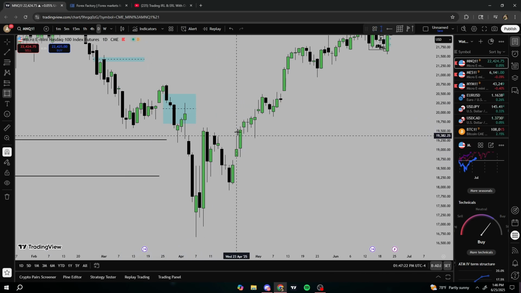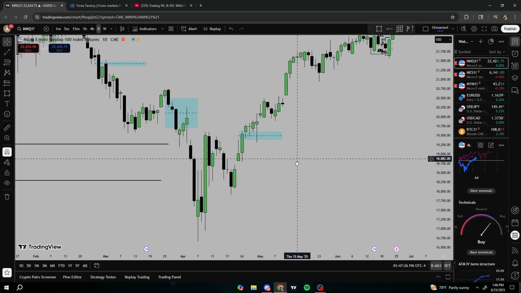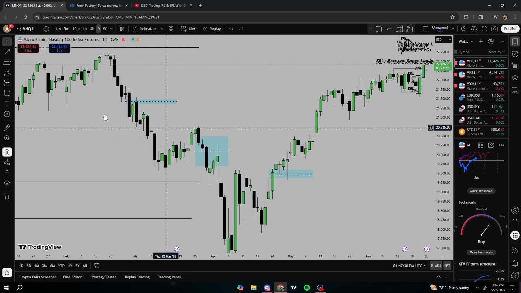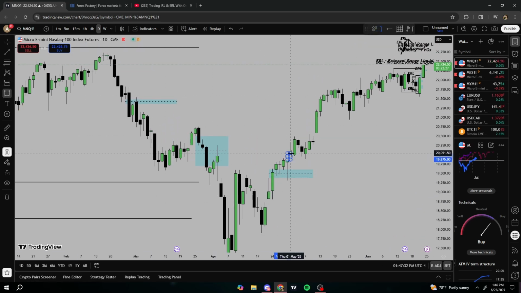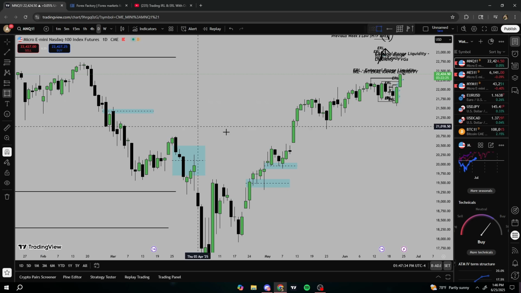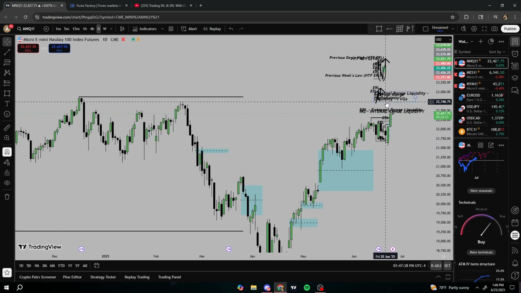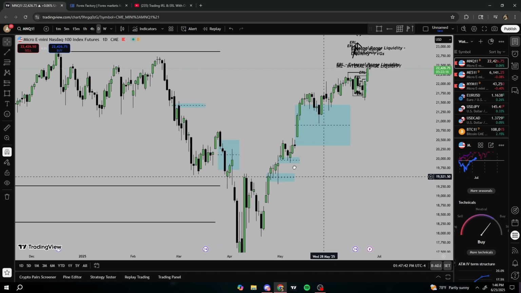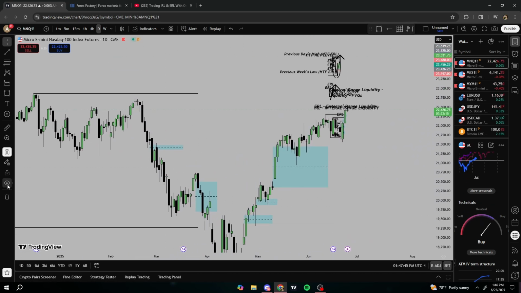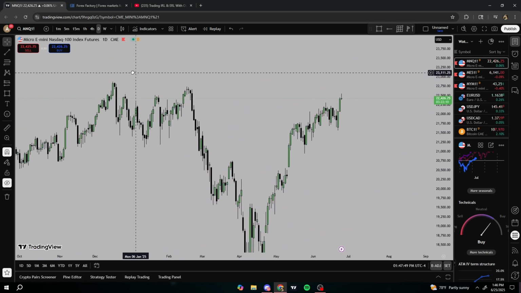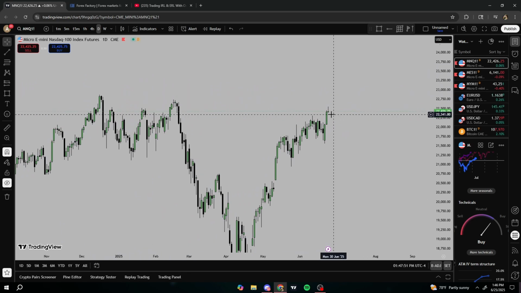We have, once again, this is really messy, there's a lot of gaps, this is the whole Trump tariff, but you can see volume imbalance plus fair value gap, you can just combine them into one, respecting internal range liquidity, right? Volume imbalances slash fair value gaps, respecting, and we have this external, we're targeting all these externals, right? So we're in the buy side of the curve. Our next clear target is these all-time highs, this external range liquidity, and we want to be taking fair value